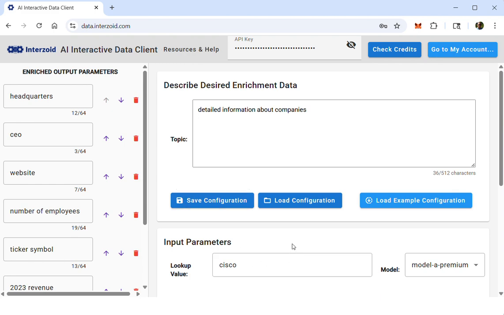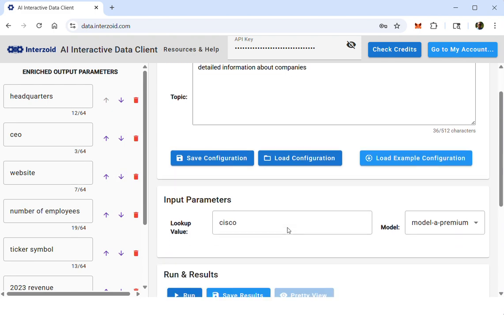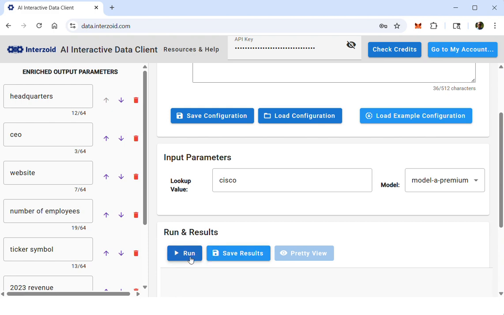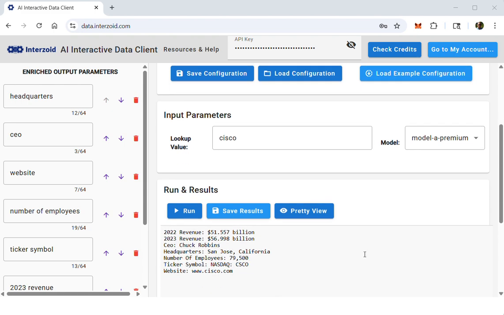So in this case, company name Cisco. We're going to get the website, number of employees, CEO, ticker symbol. Again, we can change, add, edit, delete, whatever we want here. But I want to show you the API piece, and so we're quickly going to run. And then we will get the data returned back to us, and we can see the revenue, the CEO, the